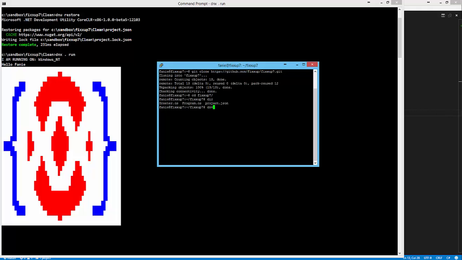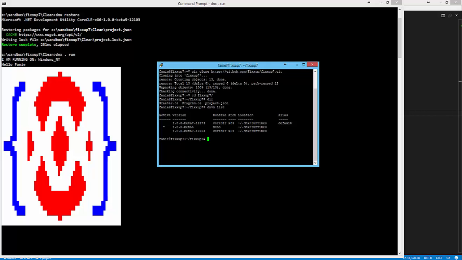Now let's see what runtimes are installed on here. As we can see, I've typed dnvm list, and it's showing us there are 3 runtimes installed, beta 7 and the stable beta 5, which is currently using the mono runtime. So in this case I will demo the mono runtime, but it can also run on the core CLR runtime on top of Linux.